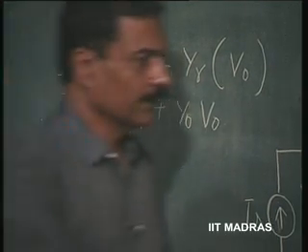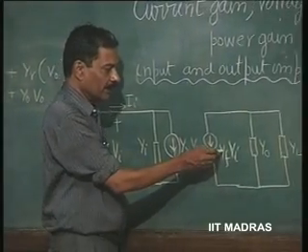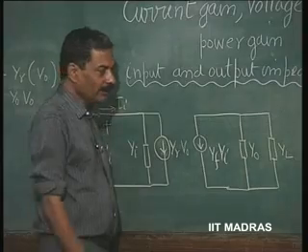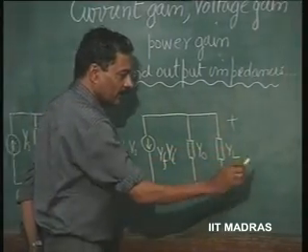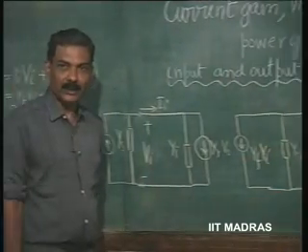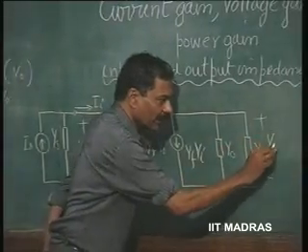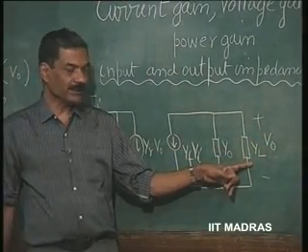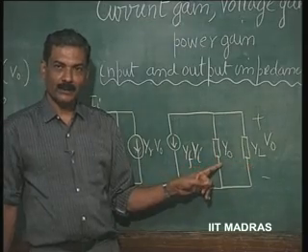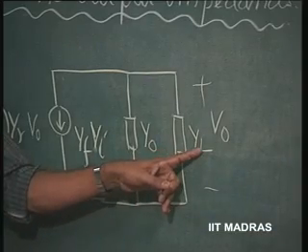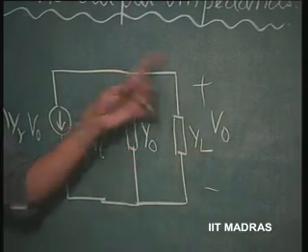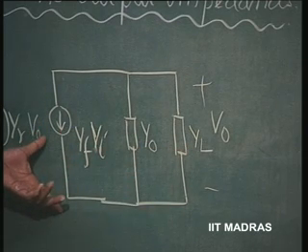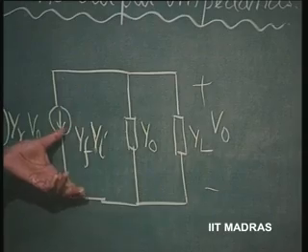We have another term here. You just see here. Let us investigate circuit wise. Yf into Vi is the current here. I would like to know what the voltage is here, that is V naught. There are two admittances. The total admittance of this network is Y naught plus YL. That is being fed by a current source of magnitude Yf into Vi. So, what is V naught?